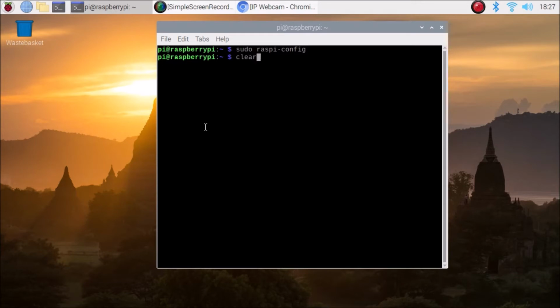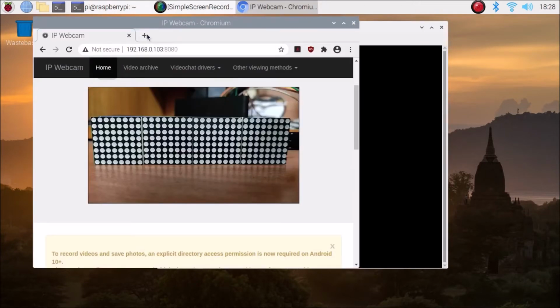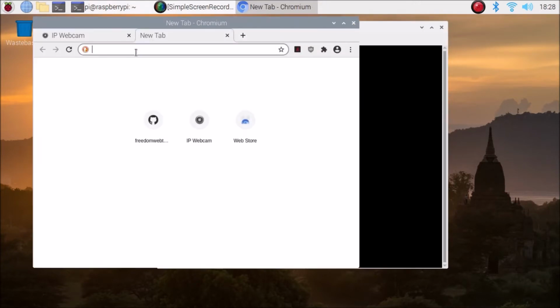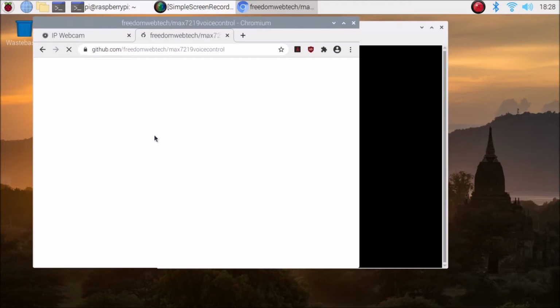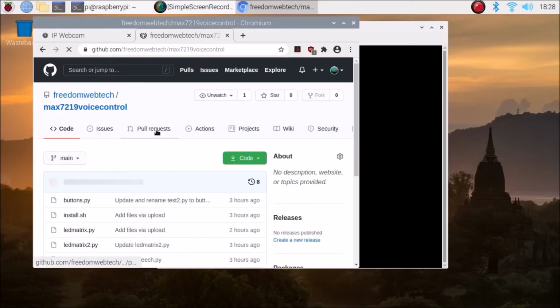After rebooting, we need a repository for installing the packages. Also, in the repository I have created the Python scripts. So I'm going to open the GitHub repository. I will mention the link; you need to simply copy and paste that link inside the browser.